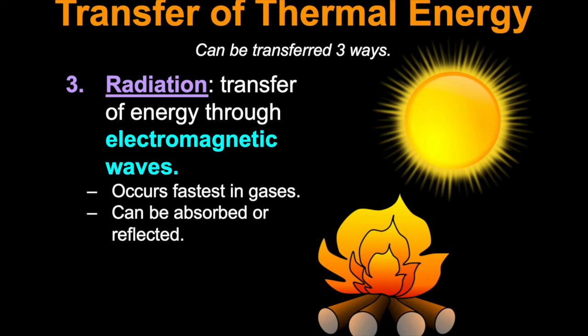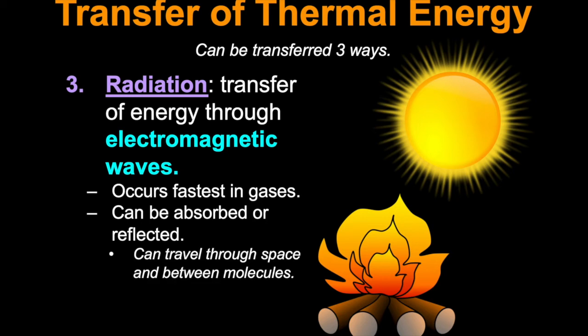It can be absorbed or reflected. That's why our atmosphere absorbs or reflects a lot of thermal energy depending on the circumstances. So for instance, we could absorb some radiation from the sun, but we could also reflect it depending on what the composition of our atmosphere would be. Some gases are better at absorbing and trapping heat. Some gases are better at reflecting heat. But realistically, all you need to know is that they can be absorbed and reflected, and they can travel through